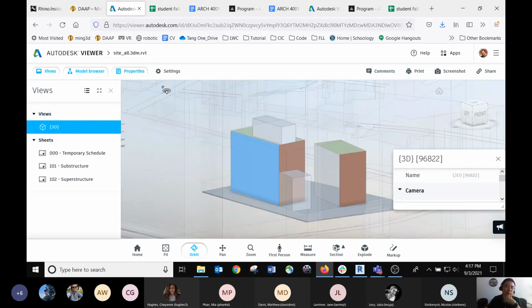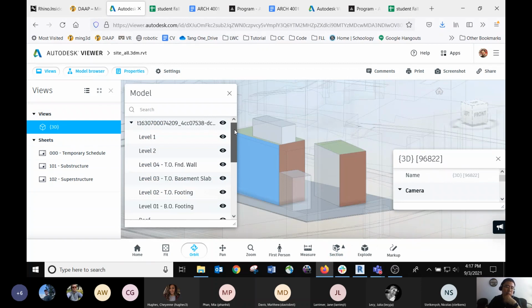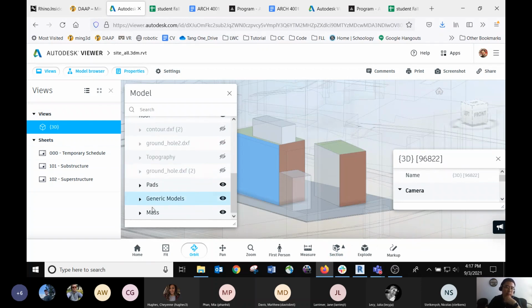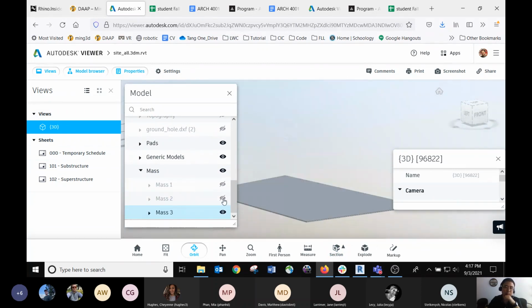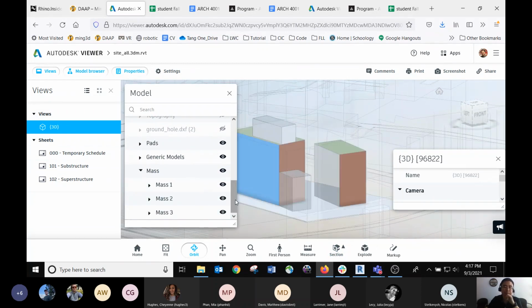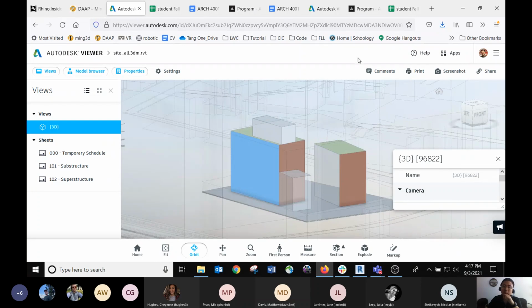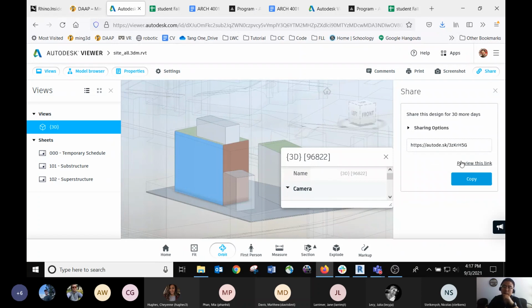You can also, in the future, I will show you more. You can set up a view. You can set up paper space. You can control the visibility of your model directly here. So in the massing, you should see the massing 1, 2, 3, right? This is the one I just created. To share this with me, you just need to go to share, right? This link, right? And then you copy this link and paste into your slide. So you should have five of